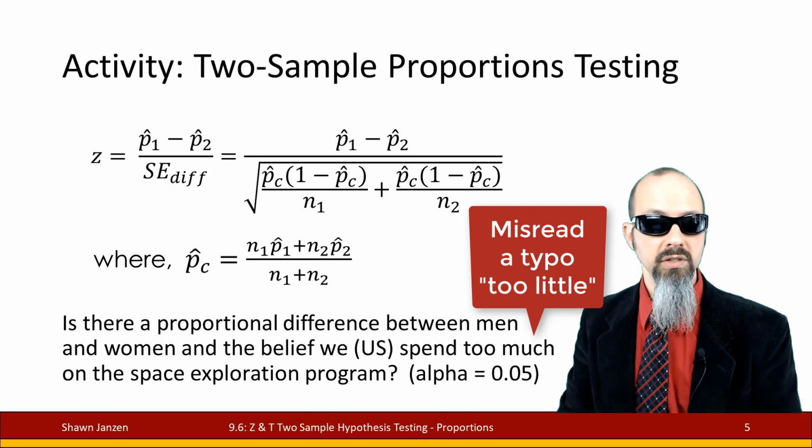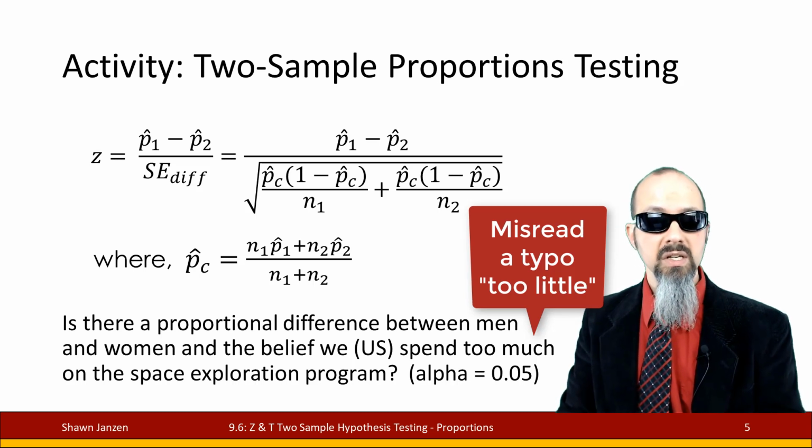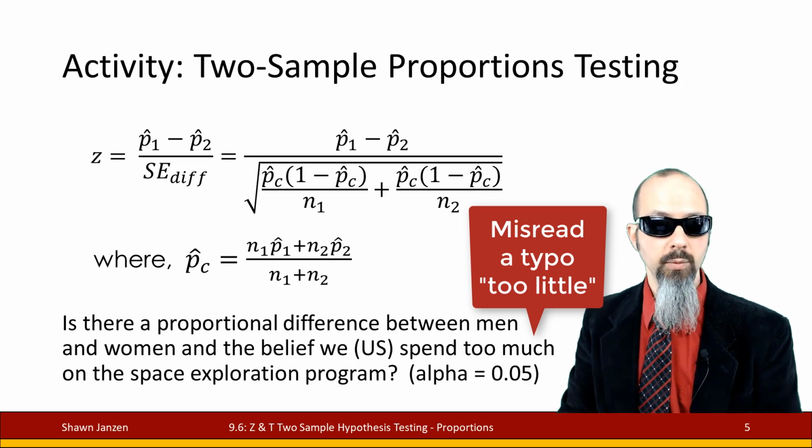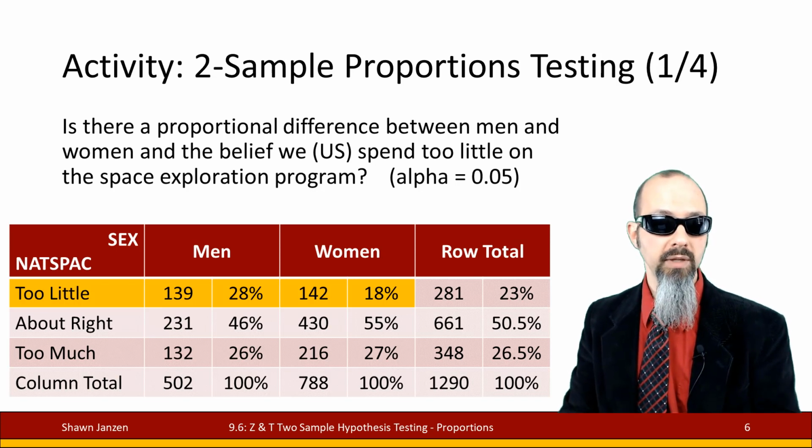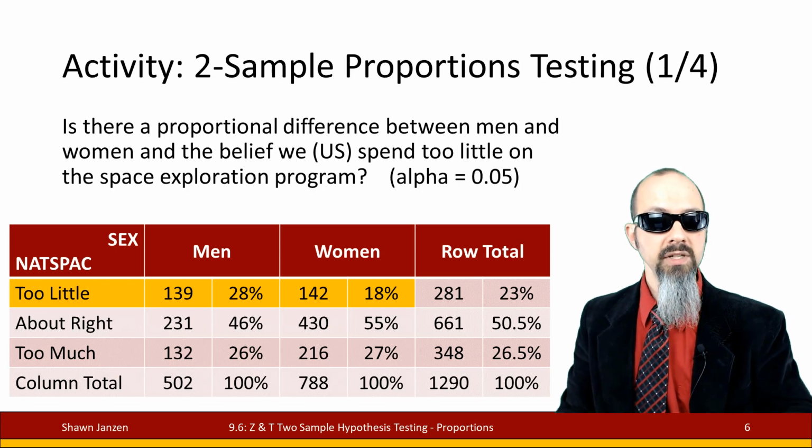Is there a proportional difference between men and women and their belief that we, the U.S., spend too much on the space exploration program, and we're going to use an alpha of 0.05. Now when I want to look at this and answer if there's a proportional difference between men and women and their belief that we, the U.S., spend too little on space exploration,